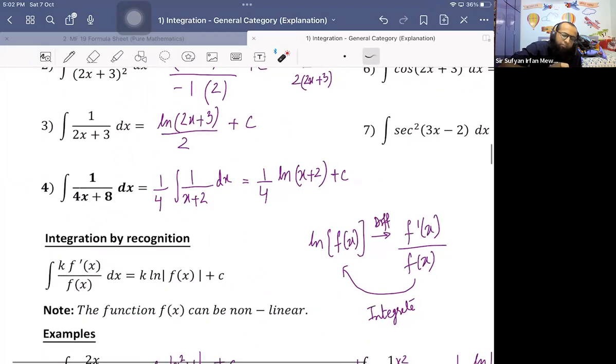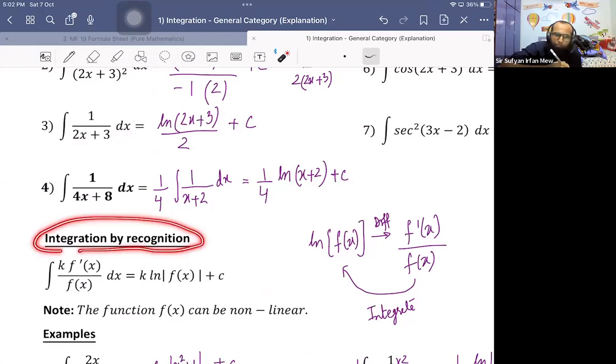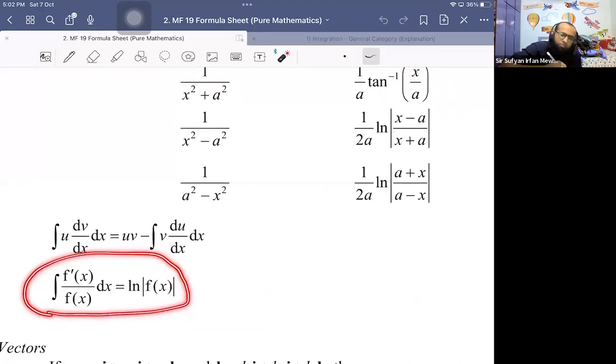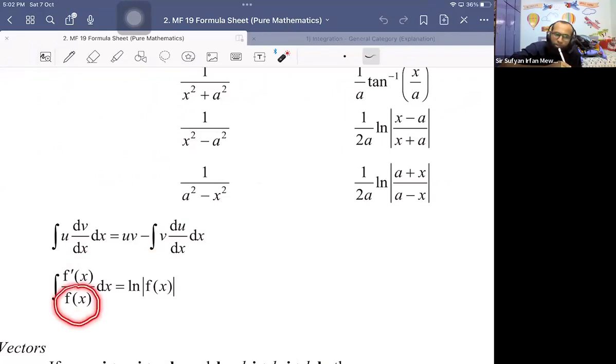Now look, we have studied one ln case: whenever there is a linear function in the denominator and we are integrating it, then it will convert to ln. Now the integration by recognition formula tells us something, and this formula is also given in the formula sheet. This is the integration by recognition. You know what this formula tells us? This formula tells us that whenever there is a function in the denominator, whether it is a linear function or a non-linear function,